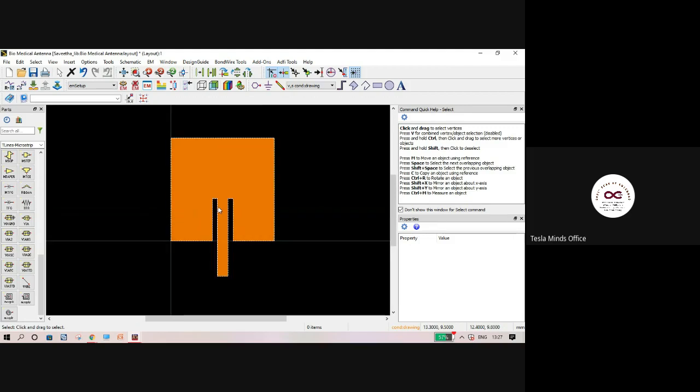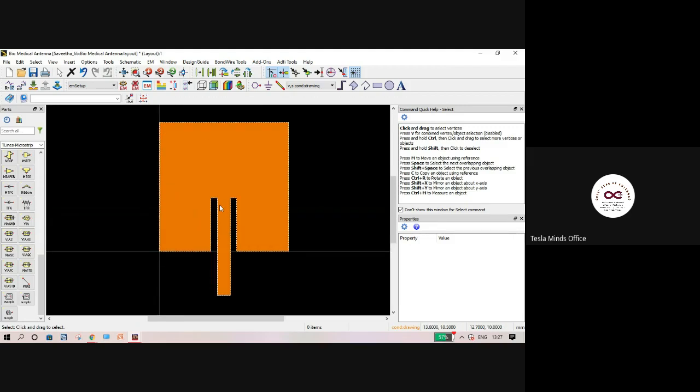It might seem like magic. Within 13 steps, we have actually drawn an antenna. But as I said, you have to solve those 10 equations and draw this by hand on paper and then find out the coordinate points.